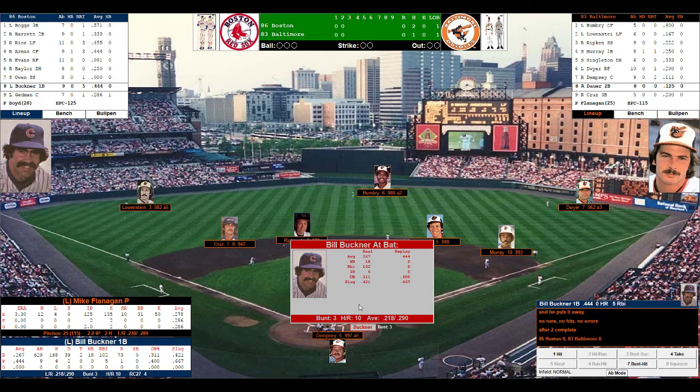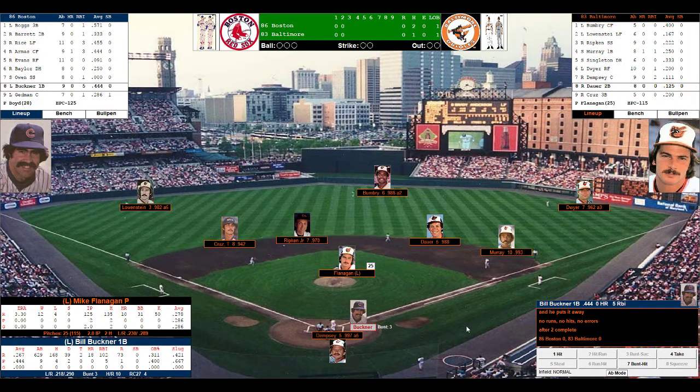ID Jester in the chat says, tomorrow day off work, so golf and pool. It will be a good day. Max Cornelius says to ID, nice. And ID Jester, being the Red Sox hater that he is, we still love him though, says, let's go O's. Beat those Boston cheaters. I don't know what ID is talking about.